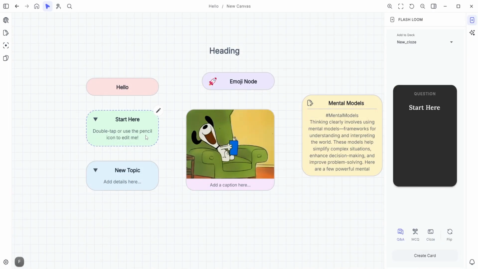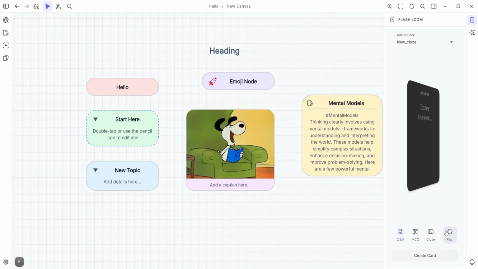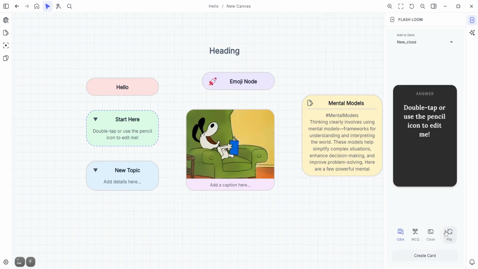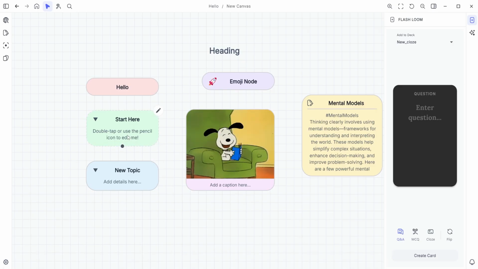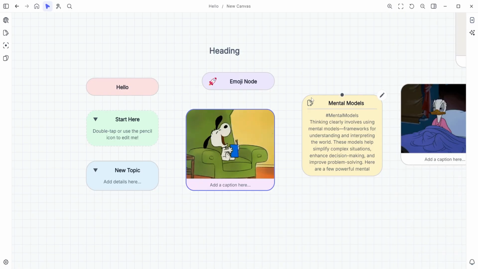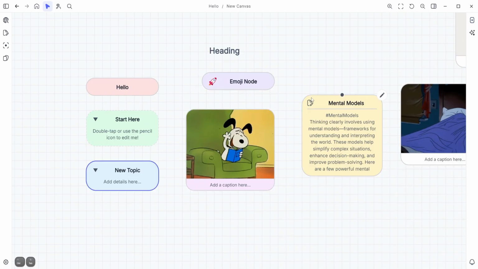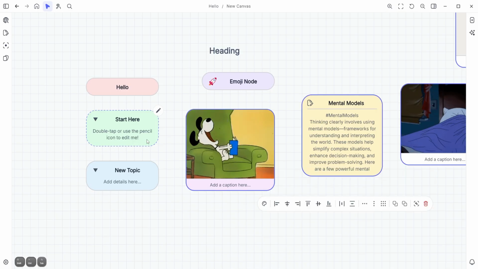Select a node and press the F key. It copies the text to the clipboard. You can use Shift plus F to copy the description of the node to the clipboard. You can press Tab to jump between nodes, or press Ctrl or Command Tab to jump back. You can also do Shift plus Tab to select and jump to the next node.